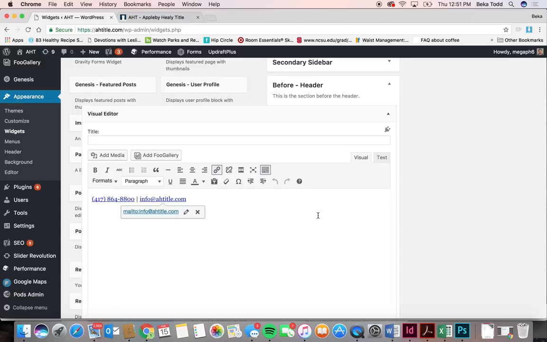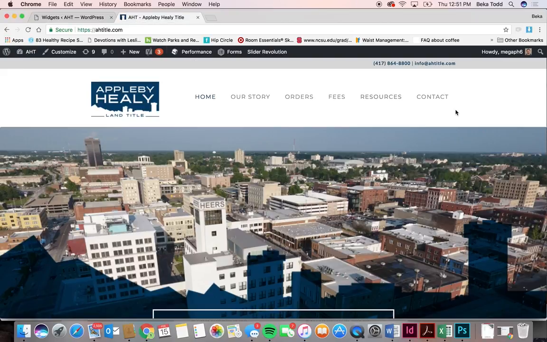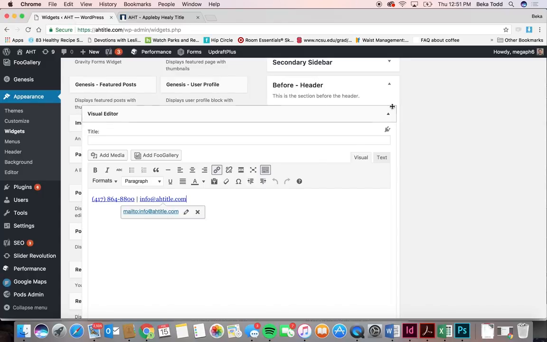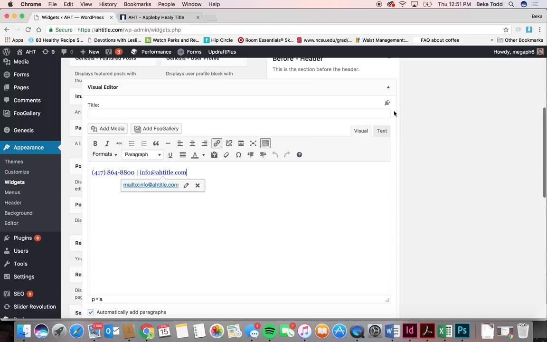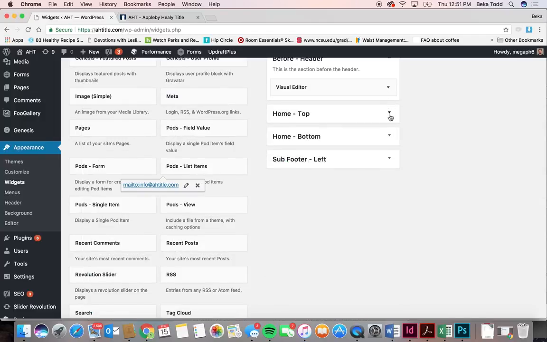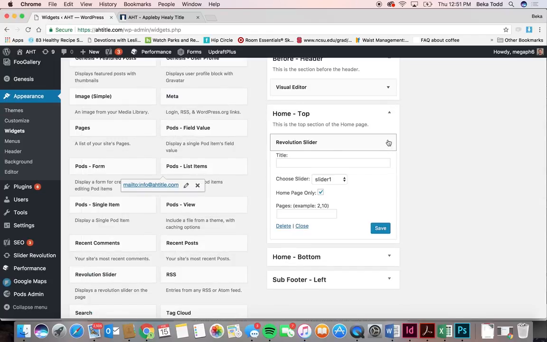Let's say you wanted to add something else. There's enough room where if you wanted to add some other words and a little line there, you could probably add it and it would fit fine. You don't probably want to make that super text heavy, and just click save if you want to make any changes there. Home top, this has your revolution slider,